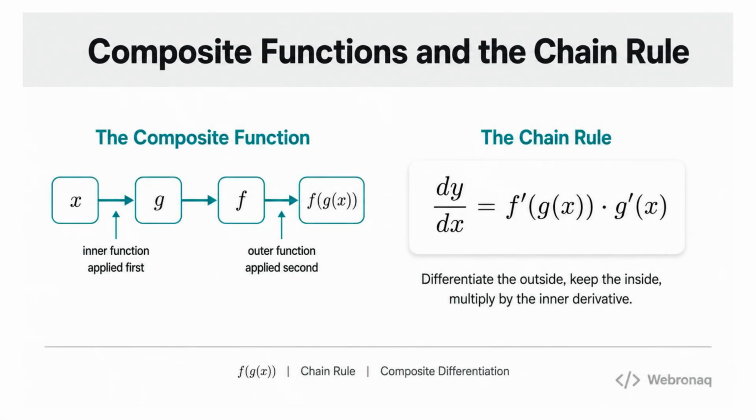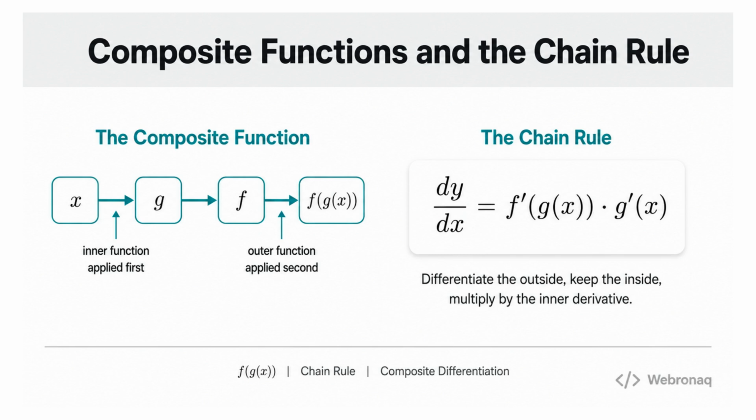Alright, let's bring it all together. A composite function chains two functions, so the output of one becomes the input of the next. We write it as f of g of x, where g is applied first and f is applied second. The chain rule tells us how to differentiate these compositions. It says, take the derivative of the outer function evaluated at the inner function, then multiply by the derivative of the inner function. In shorthand, dy divided by dx equals f prime of g of x times g prime of